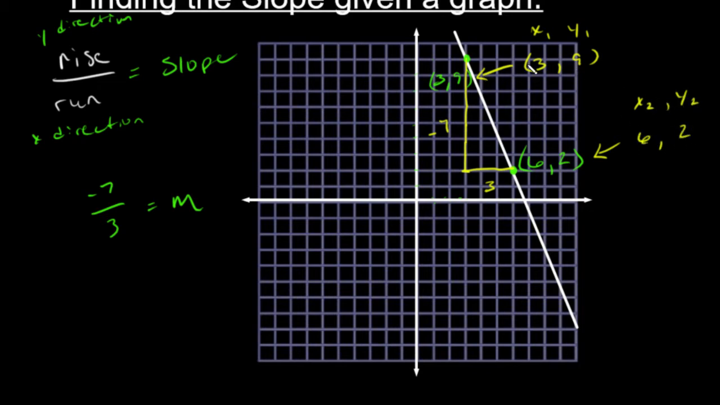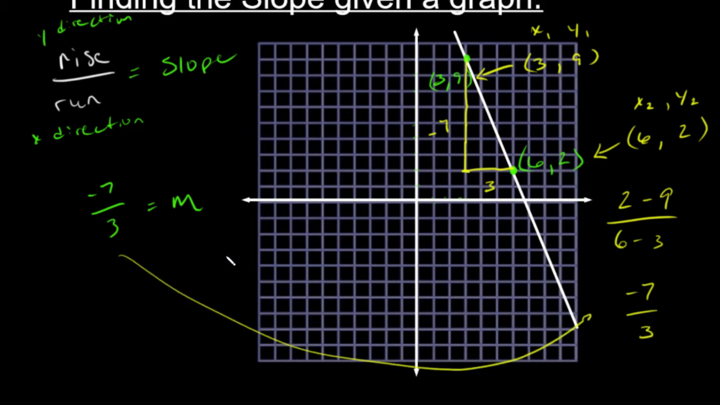So if we use the formula, y sub 2 minus y sub 1, that would be 2 minus 9. And then in the denominator of the formula, it is x sub 2 minus x sub 1, so that is 6 minus 3. And if you simplify this, 2 minus 9 is negative 7, and 6 minus 3 is 3. And so we end up with exactly the same thing, whether you count it or whether you just use the